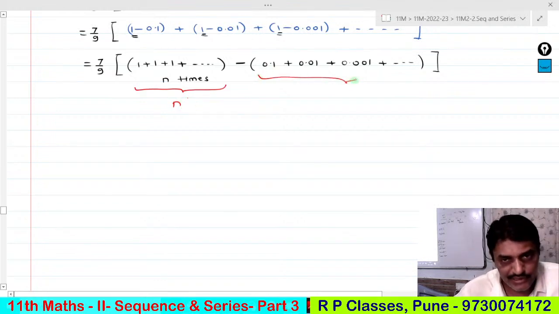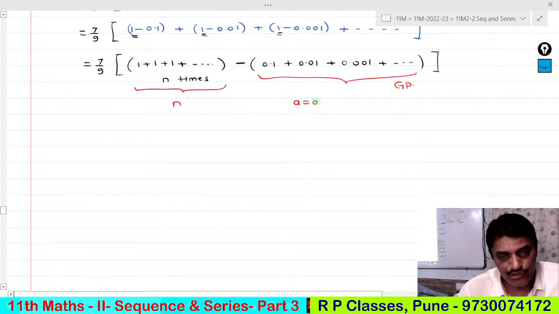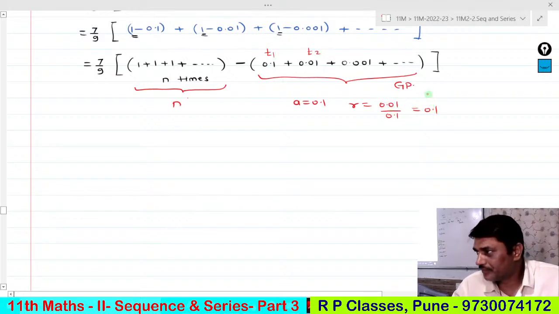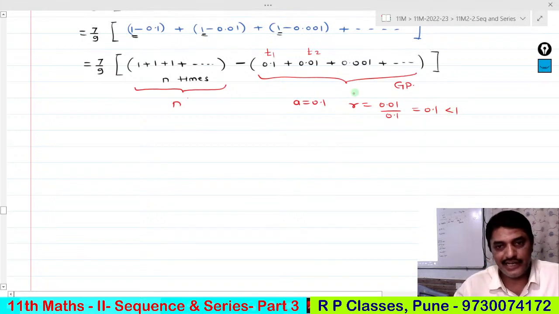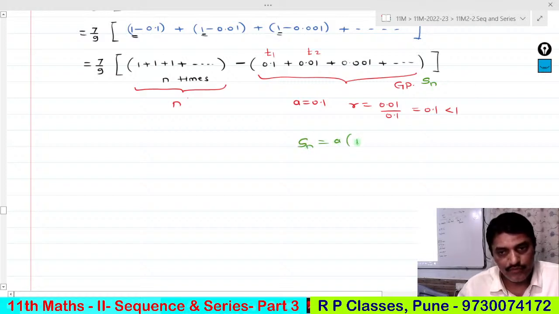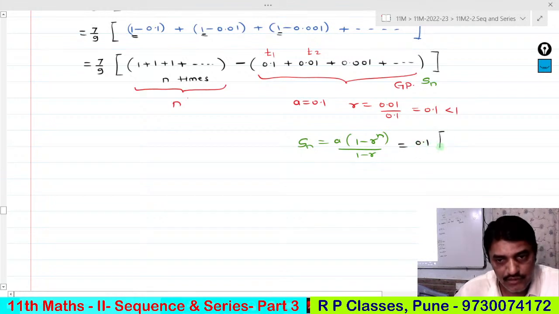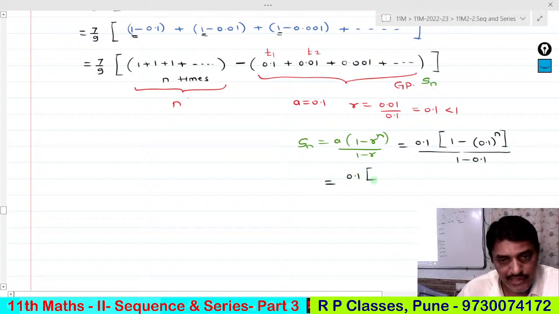और ये if you see this carefully, this is a geometric progression with the first term a is equal to 0.1, common ratio t2 upon t1 कर दो, कितना आएगा 0.01 upon 0.1 कितना आएगा, is it 0.1 correct, so this is 0.1, 0.1 है मतलब लेस देन 1 है, एंड दीज आर n टर्म्स, तो ये बेसिकली डिनोट द सम ऑफ n टर्म्स, Sn इज इक्वल टू a इंटू 1 माइनस r रेस टू n अपॉन 1 माइनस r, मतलब a is 0.1, 0.1 रेस टू n डिवाइडेड बाय 1 माइनस 0.1, सही है. नो दैट इज इक्वल टू 0.1 ब्रैकेट के अंदर आएगा 1 माइनस